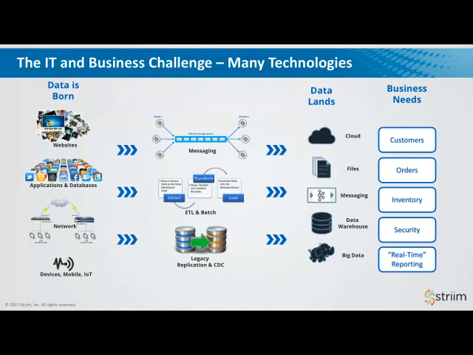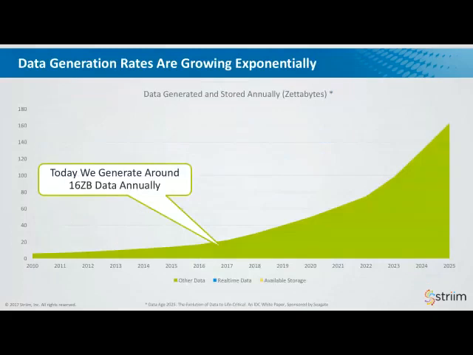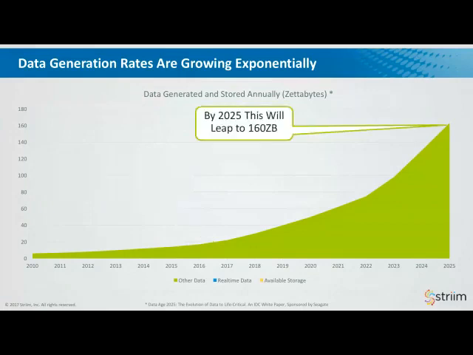The other thing is data volumes. You think about IoT, and there was this study that came out from IDC a few months ago, and they basically stated that today we're generating around 16 zettabytes of data annually. So every year, another 16 zettabytes of data. By 2025, they're estimating that will leap to 160 zettabytes of new data generated every year. And anyone with a math background will recognize that curve. It's an exponential curve. And that means that every 2 years, we're generating more data than has ever been generated in the whole history of mankind before. And that's a lot of data.